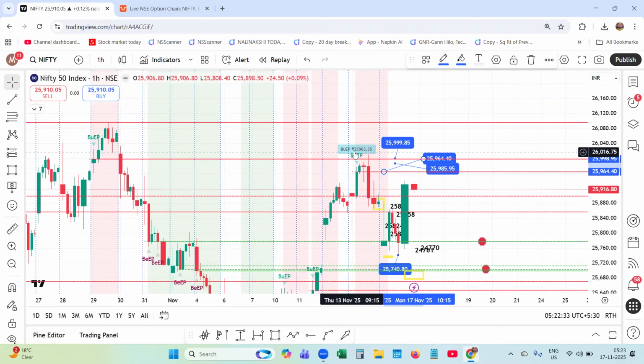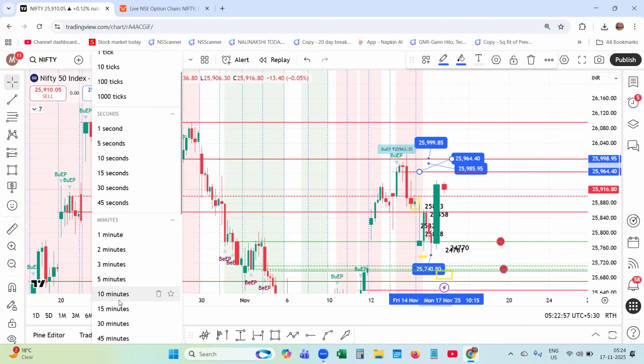This bullish EP was plotted over here. You can see the price moved 1, 2, and 3. Hourly, 3 hours, it has gone up and it has been rejected. Here, if I change the time frame, a bullish EP has been formed